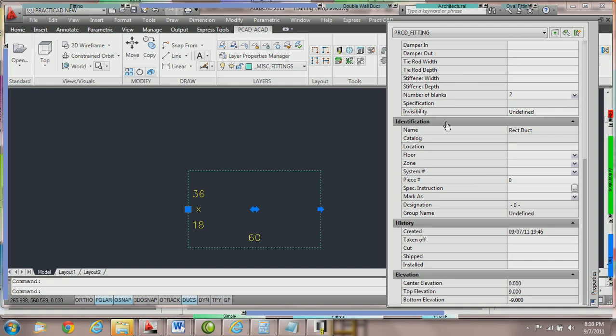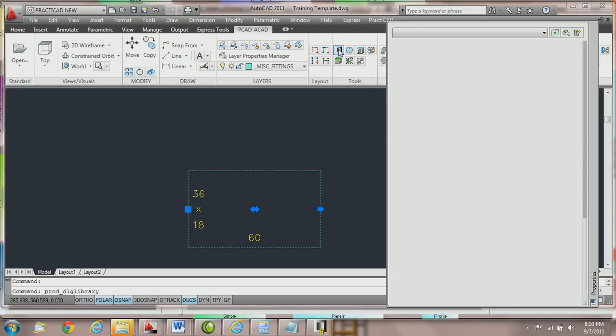Scrolling down to the identification parameters, you can see under special instructions, inside the AutoCAD property box, we have what we call a little dialog box. It's got a different preview than the arrows you see here in the floor, zone, and system numbers. In order to add a new list of special instructions, we need to go back into the library on the